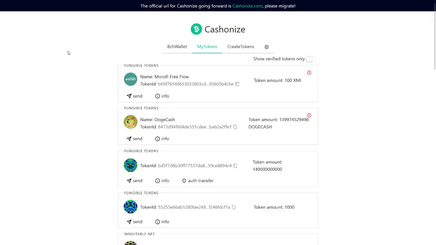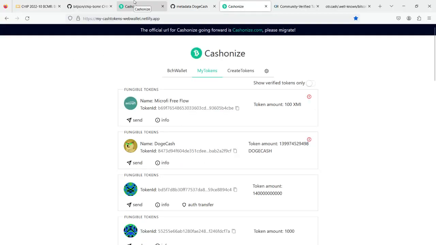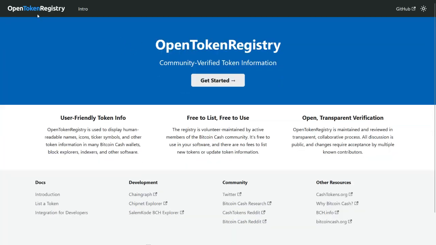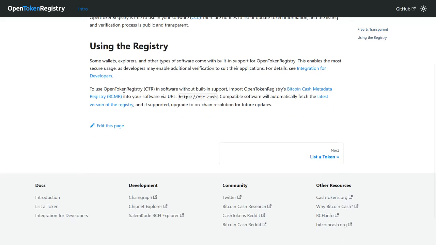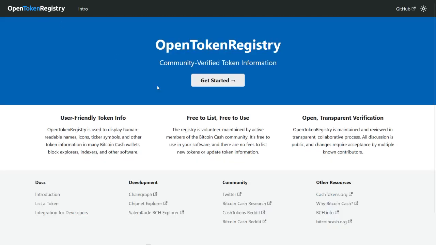So what does this mean? Currently, the only real token list that has been started is by Jason Dreisner, called the Open Token Registry. And this is a whole process for how to get your token data on this trusted registry. It's like a curated token list. And you can find